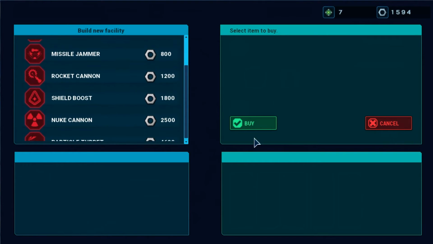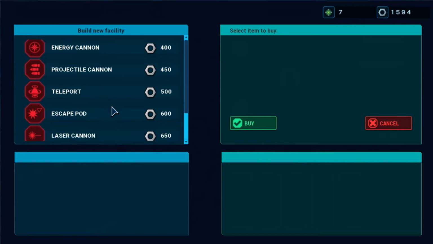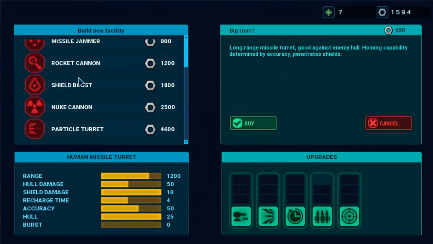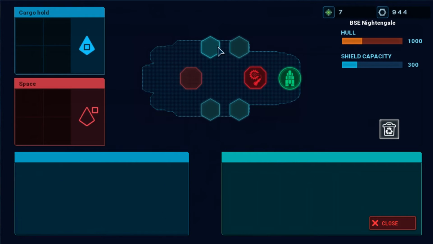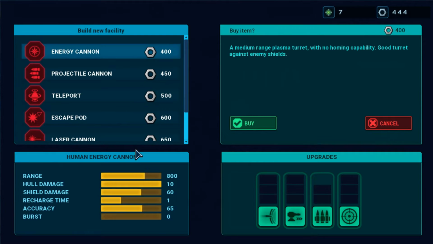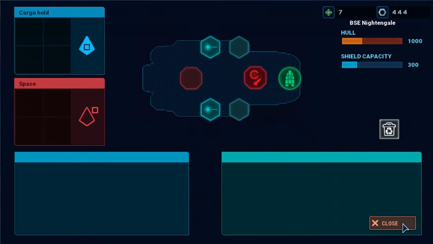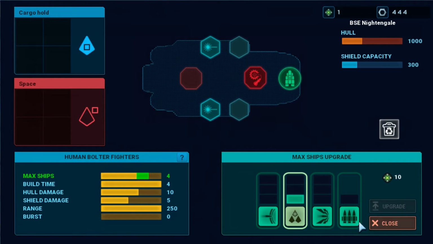And then, let's see. Then we pick something long range so we can try to stay away. Problem with the long range stuff is it usually doesn't do a whole lot of damage. Yeah, we're gonna cough up for a missile turret, and we're gonna go with the lasers this time. And can I afford... trying to decide if I want to... No, we're gonna save our available resources, but we can't afford to upgrade the number of fighters we have for